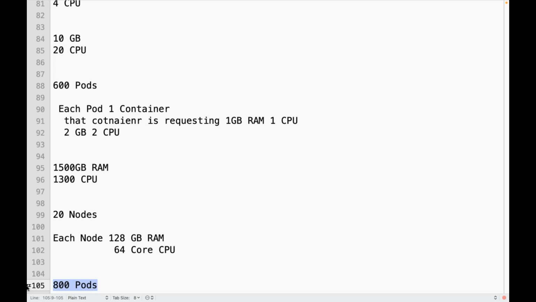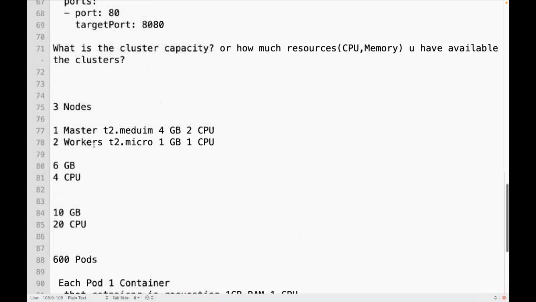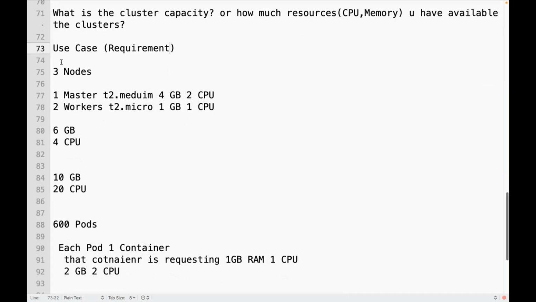This is plain mathematics and a normal requirement, but people are saying, sir, in the interviews they are asking how many nodes you have, how much storage you are using, how much CPU you have. Everything depends on what you guys are calling real time. That is not real time, that is a use case or requirement. Everything is based on the requirement.